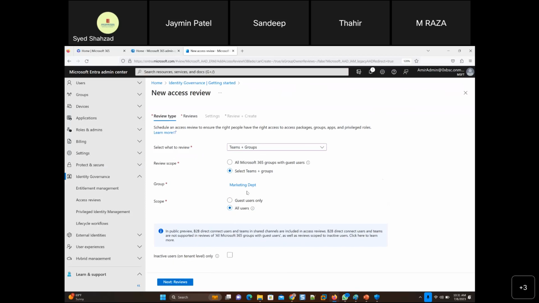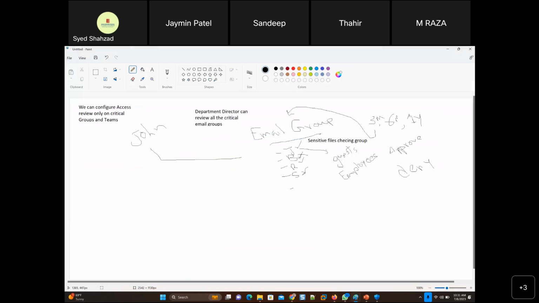So suppose there is a user here, and that user is Sandy. Suppose she is going on trips as well, and she hasn't logged in, maybe she's on mat leave, right? Or she hasn't logged in for like 6 months now. So inactive users could also be denied access automatically. You can set that up, or you can check when you're reviewing and say, hey, Sandy's here. She hasn't logged in for like 6 months now for this reason or that reason. So you can deny access to Sandy, and Sandy will be automatically removed from the group.